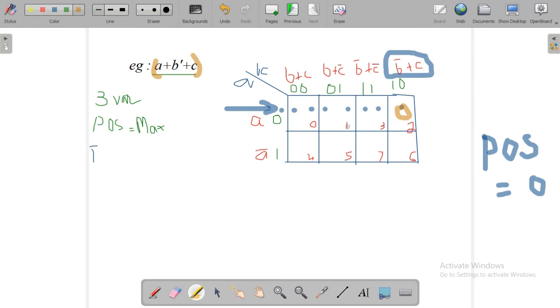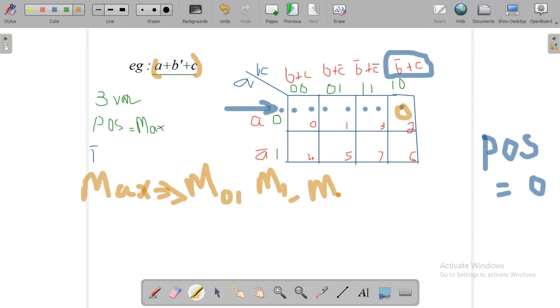And these are the decimal numbers we have designated: 0, 1, 2, 3, these are the subscripted or designated numbers. And this is a max term. Max term is indicated by which letter? Capital M. So we can designate each of these squares as capital M0, M1, M2 like this. If it is a min term, it is small letter m0, m1, m2. In the case of max term, we represent it as capital letter M with the subscript, M0, M1, M2 like that.